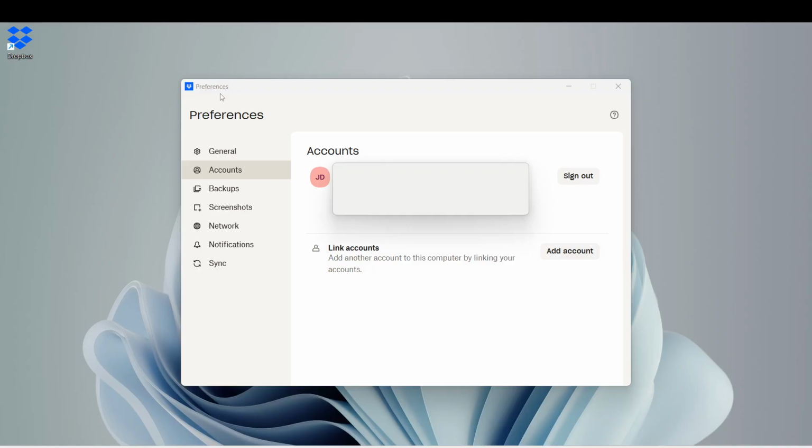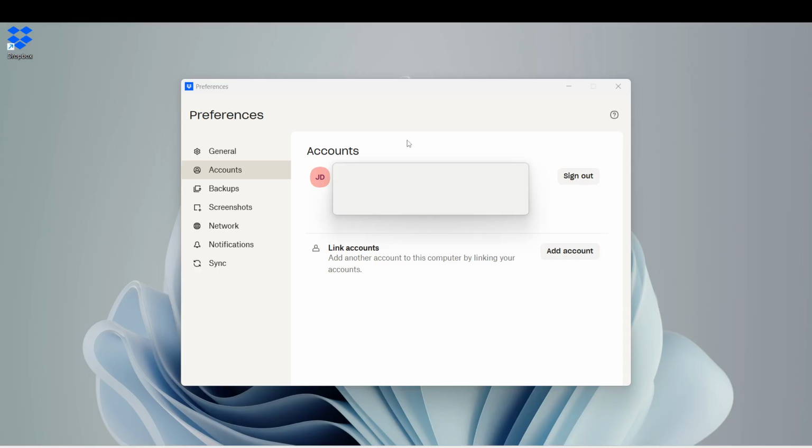Click the Account tab at the top of the Preferences window. This tab specifically focuses on your account details, including your email address and subscription information. Accessing this section is essential for making the necessary changes to your login information. It provides a clear layout of your account settings, making it easier to manage your details efficiently.